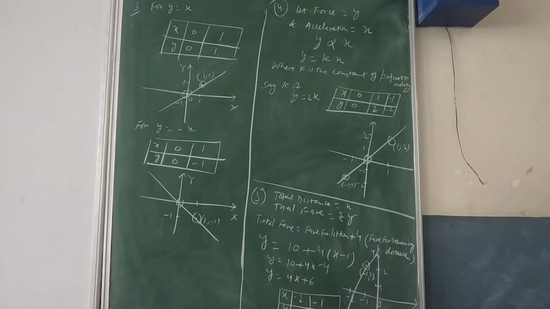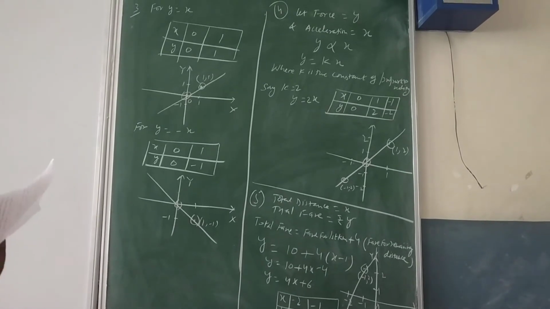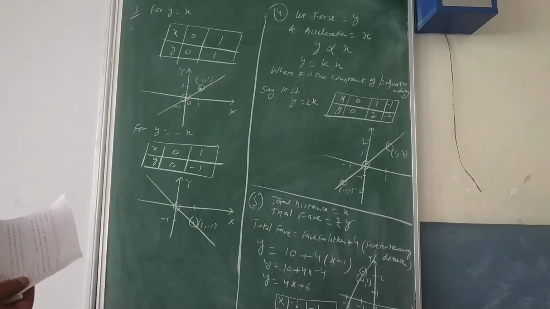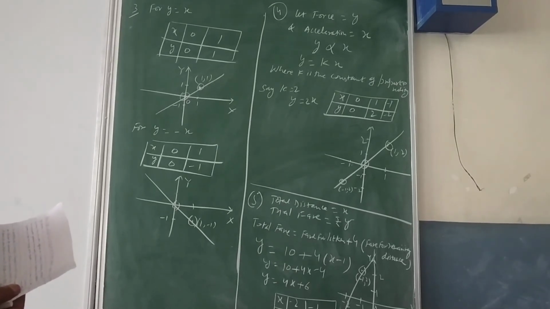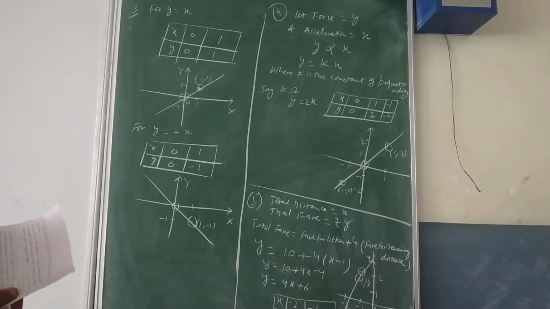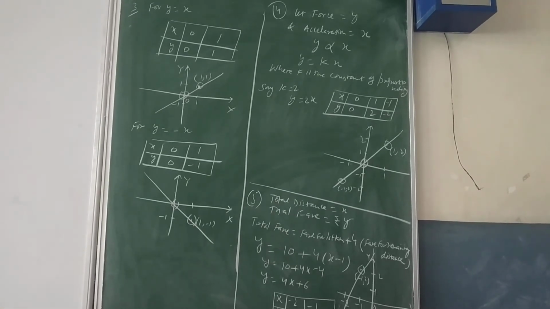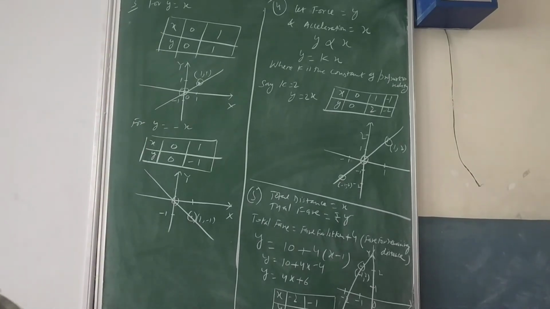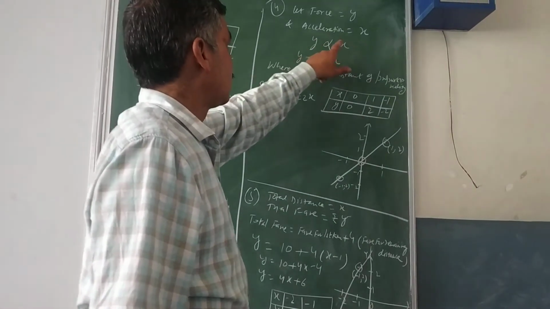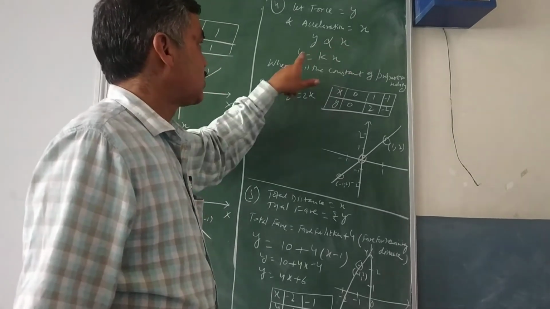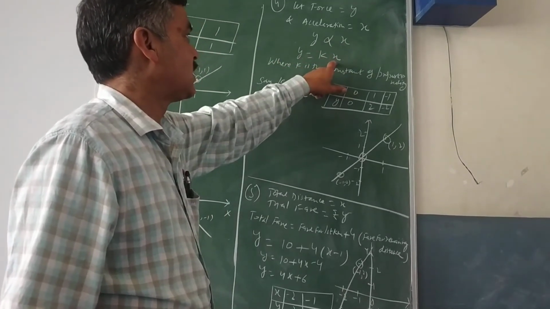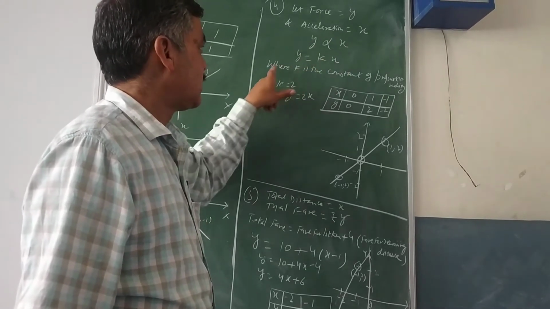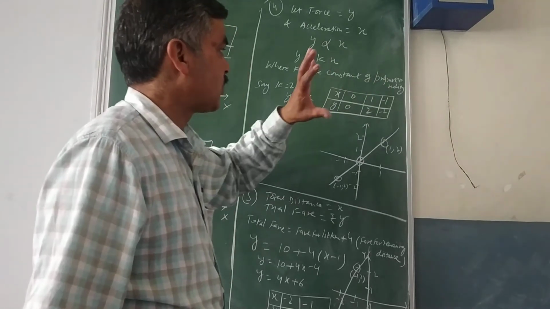Then your question number 4, somewhere it was again a numerical taken from physics. You know that the force applied on a body is directly proportional to the acceleration in the body. You have to write an equation to express this situation, and then you need to plot the graph. I said that the force is y and that the acceleration is x. So we said that force is directly proportional to x. So I can write y is equal to kx. When I have changed the sign of this proportionality, I have put k here. This k is known as the constant of proportionality.